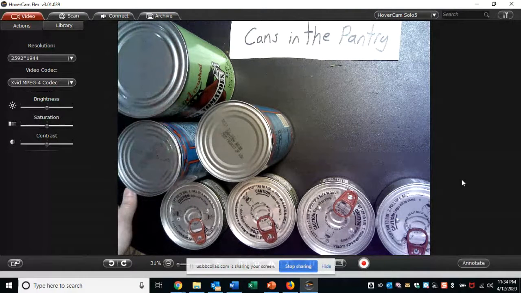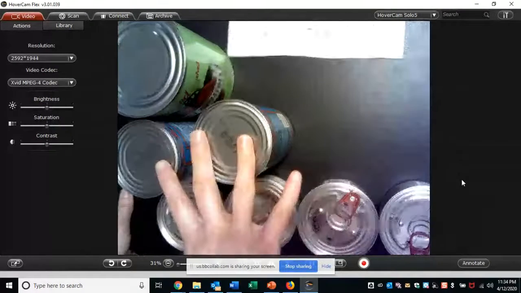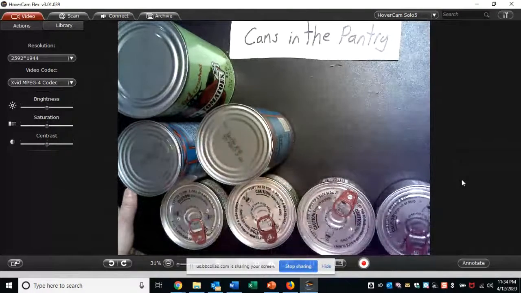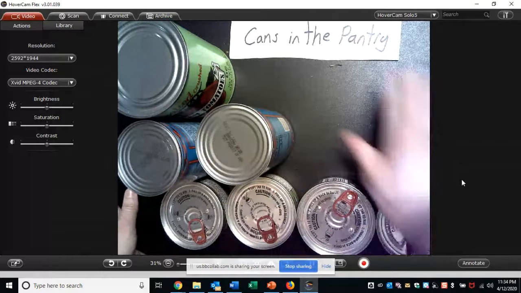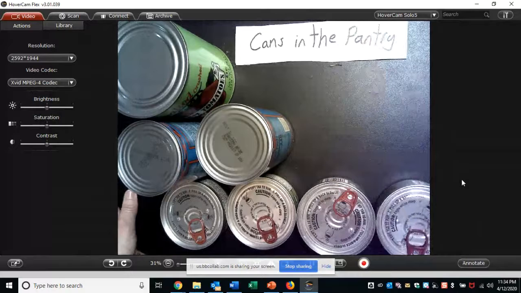I could compare. I could say there's more tuna than there are black beans. So there's lots of different math we can do once we have our information organized like this. And we also want to give it a title that helps us understand. Now, there's one more type of